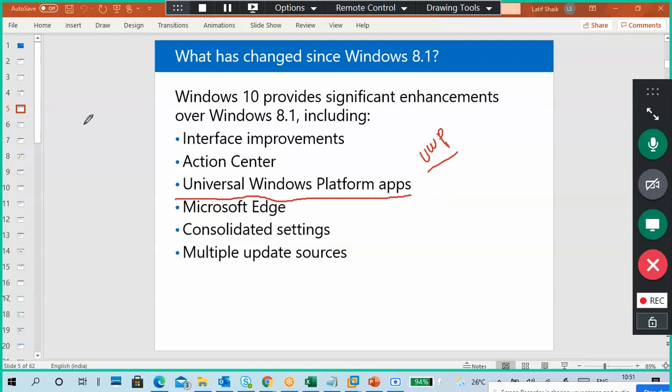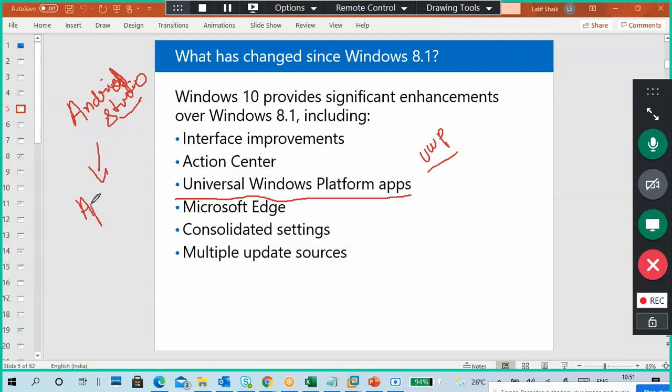Very simple. I think everybody knows Android Studio. Yes, sir. Okay, Android Studio. What to do with Android Studio? Sir, it's basically a platform for Android development. Very good.